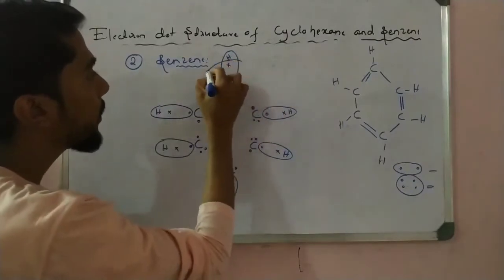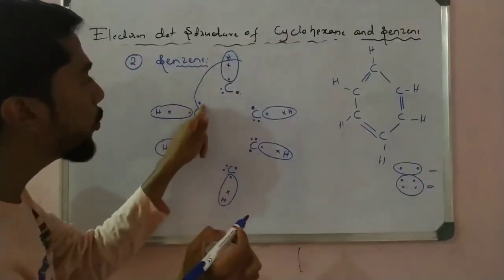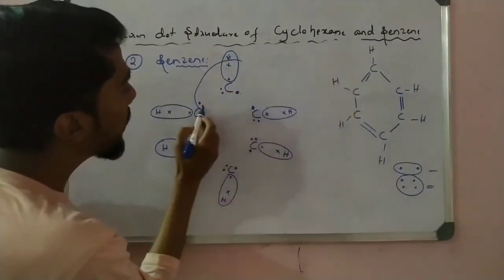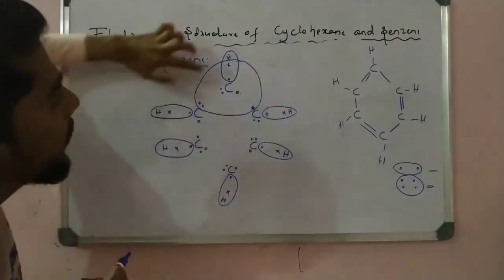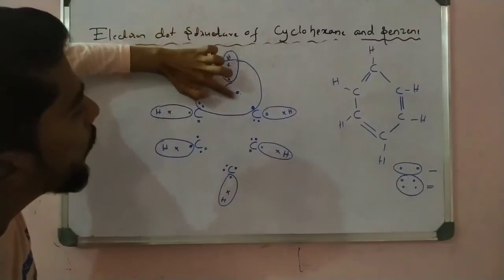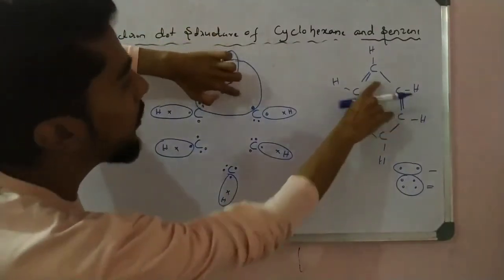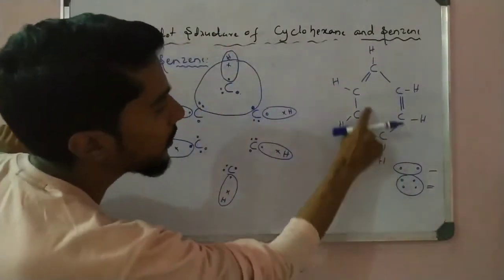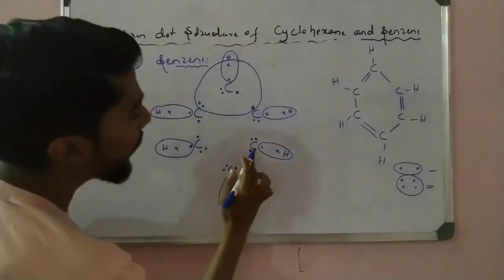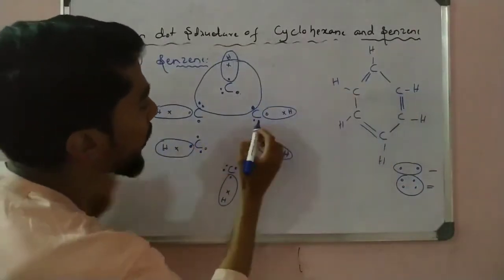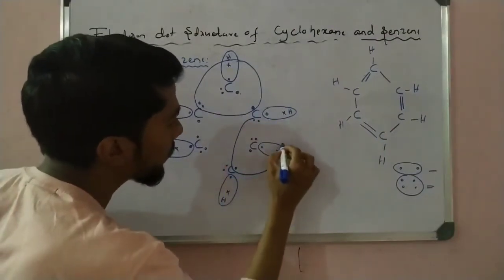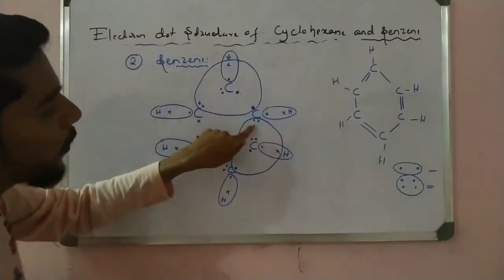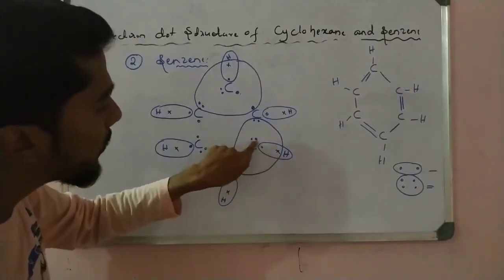Like that, 2 bonds here. With a double bond and a single bond we get a single electron. Can you see here? A single electron shared is a single bond, 2 shared means it is a double bond. Correct? Now this carbon, as I was saying, has a double bond here. That means this is shared with this one. So count here: 1, 2, 3, 4, 5, 6, 7, 8.